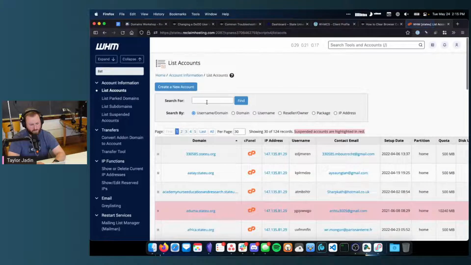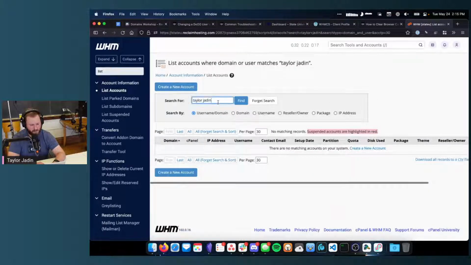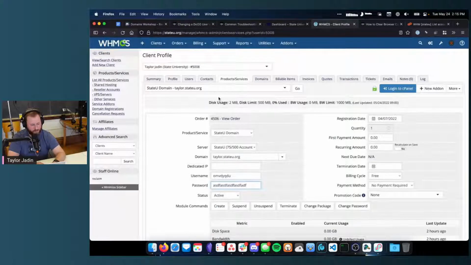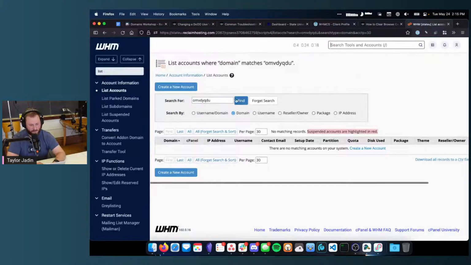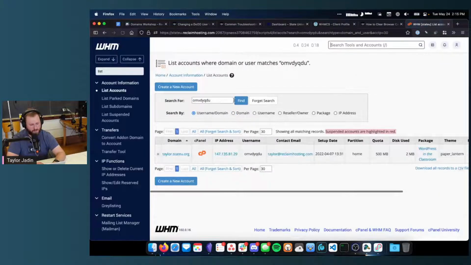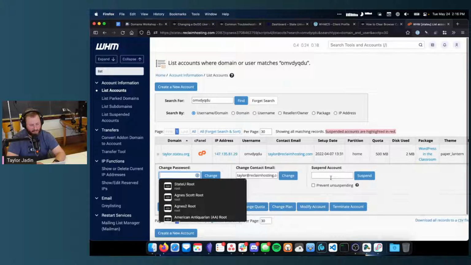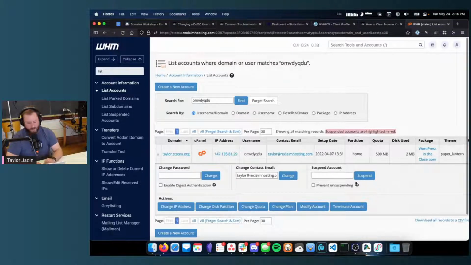I go to list accounts. Normally you can actually search in the newer WHM from there too. I've gotten kind of used to that, but I need to find the actual username. List accounts is always the answer. Username in WHM it is, Lauren. Yeah, list accounts is everything, honestly. Okay, so once you're in here, you modify the account,